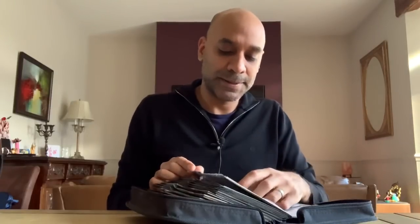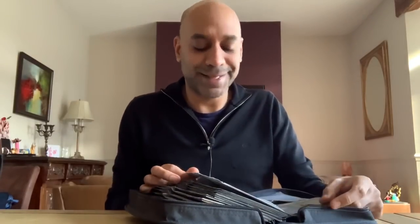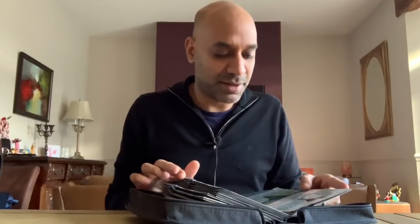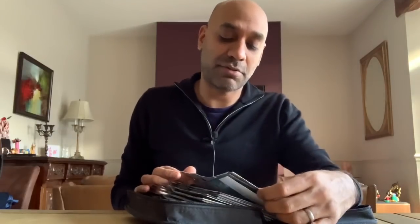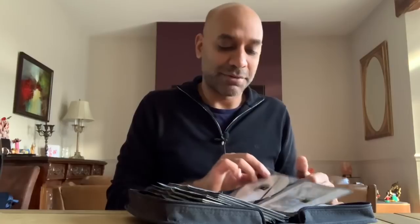Sam Cooke, A Change Is Gonna Come, that's off his greatest hits. That's a killer track. Otis Redding, not particularly well recorded, but what a great artist. Gladys Knight, again, not very well recorded, great artist. Al Green, again, not particularly well recorded, great artist. James Brown, okay recorded. Temptations' greatest hits are reasonably well recorded. Marvin Gaye, Smokey Robinson,